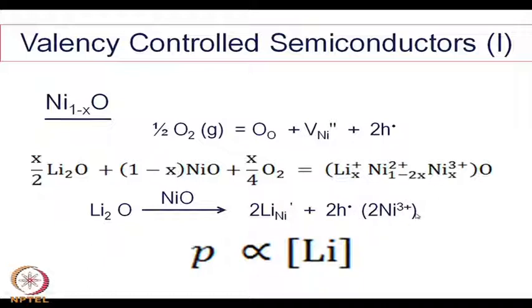Effectively, these 2 holes are getting attached to the nickel 2 plus site and converting it to nickel 3 plus. It is because of the presence of 2 plus and 3 plus that we have conductivity. We are inducing conductivity by adding lithium,